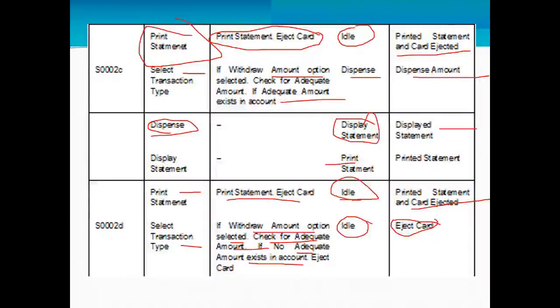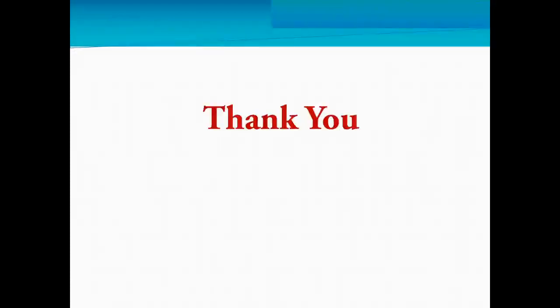Here the more focus you are going to put is on the states. How the system state changes, how it goes from one state to another state based on the input. So this is how the state transition diagram, state graph diagram is going to help the black box tester to identify the different states, and based on the different inputs, how the system state changes.